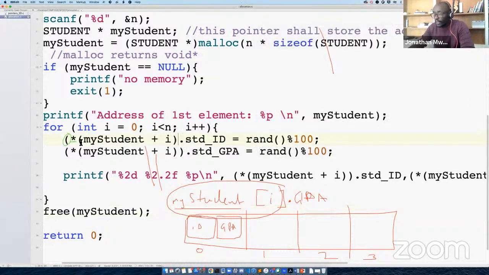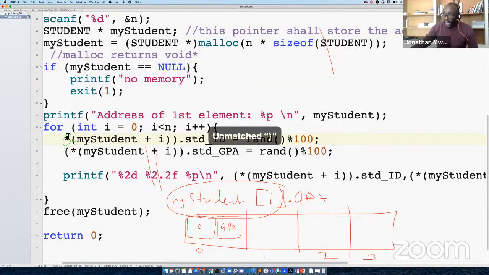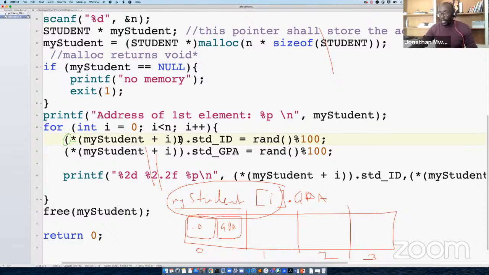If I remove these and these, it will assume that it's going to get this address and this whole item together and then try to dereference it. That's what it will assume. But what I want is to dereference just that and then go to each individual member.